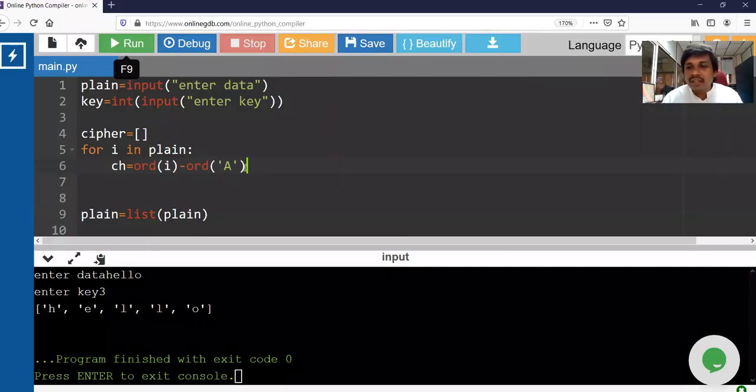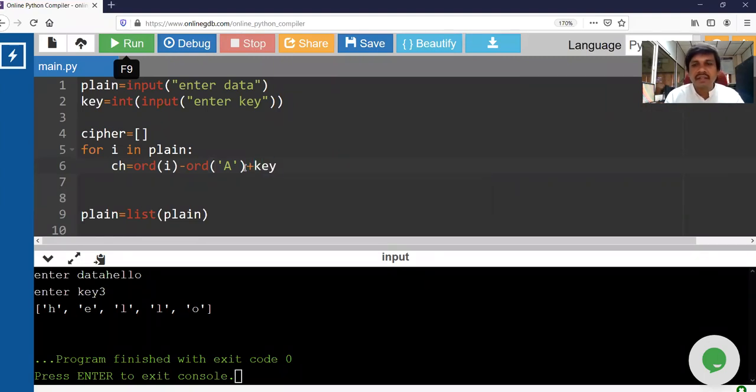Now you add the shift value to it, plus E. E is the shift value. Add it and perform the modulus 26 operation so that it will be rotated within those 26 alphabets only.